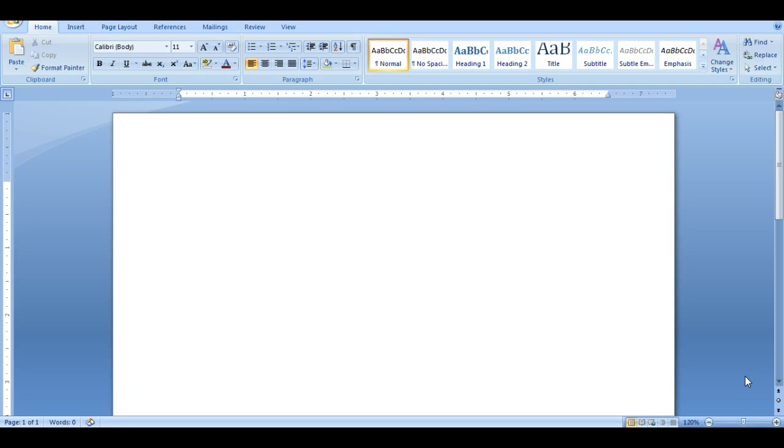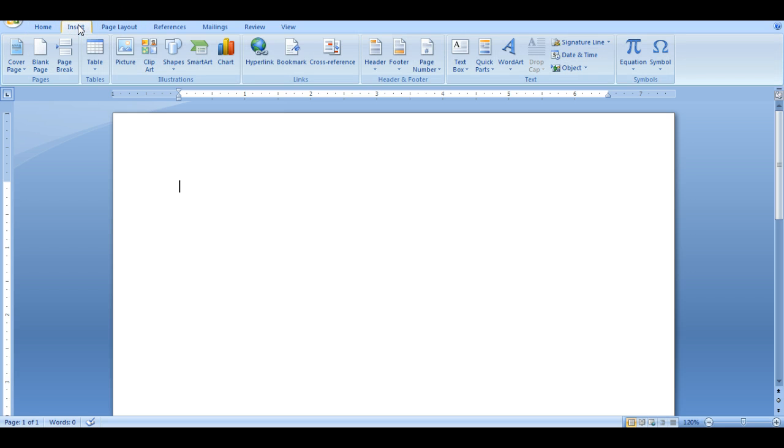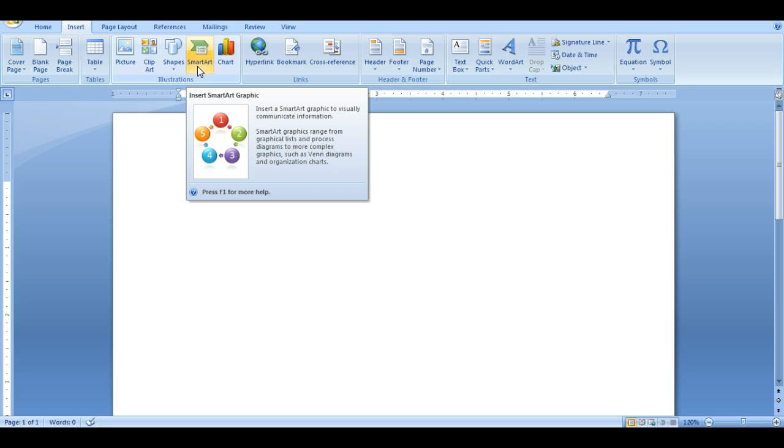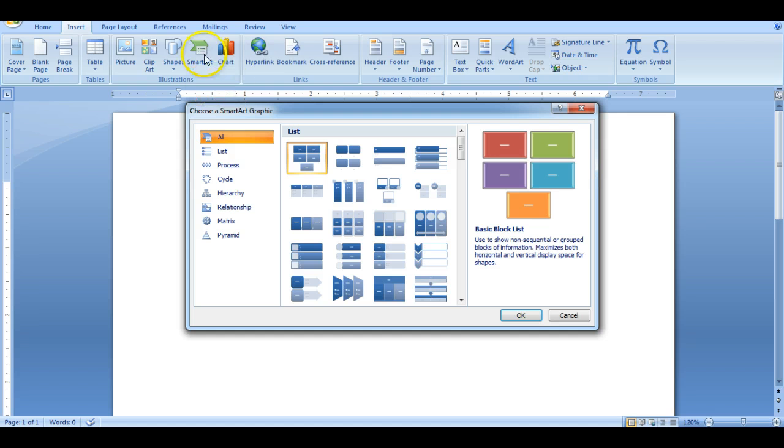In this video, we will touch a little bit more on SmartArt, which are the diagrams. To begin with, go ahead and click on No Spacing. Then we're going to go to the Insert tab. Find the SmartArt icon, or click on the SmartArt, and we are going to